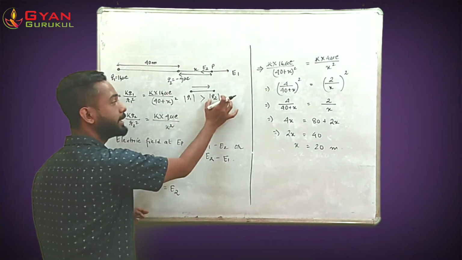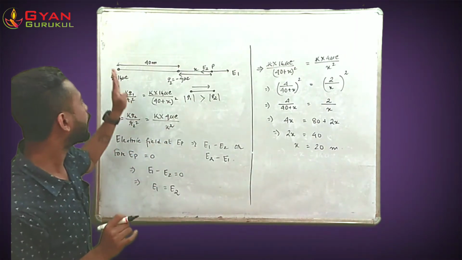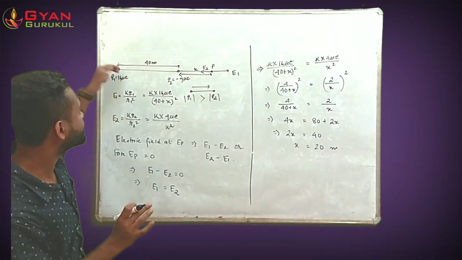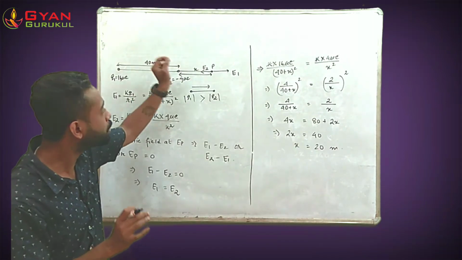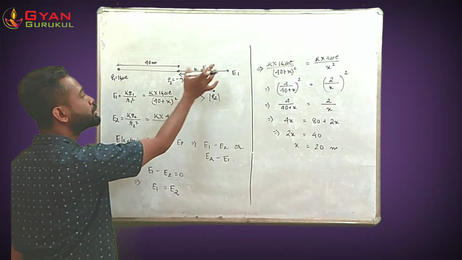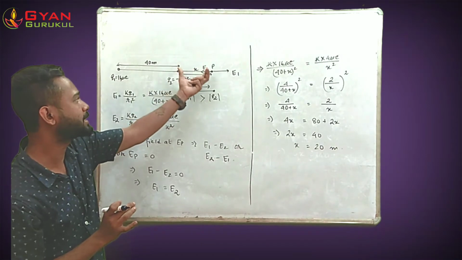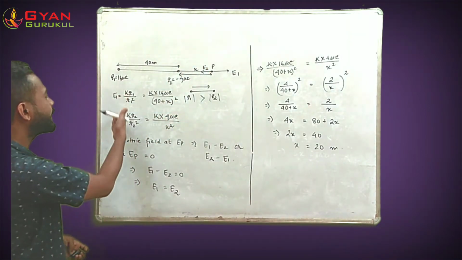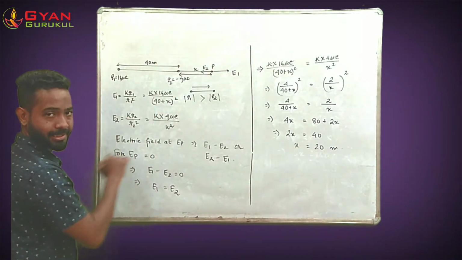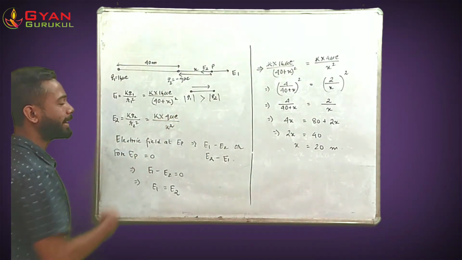Had this been a bigger charge, that would create a different scenario. So that is how you need to understand. Out of both the charges, you need to understand which one is the bigger charge, and accordingly, if it is a positive charge, its field direction will be in this way. So the point of neutrality would lie on the right hand side. Accordingly, I have considered a point P to be here, which is at a distance x from the smaller charge, Q2. Once I have considered that distance, I'll write down the expression for E1 and E2. As you can see here, E1 is k into 16 microcoulomb by (40 plus x) whole square. Just like that, E2 would be k into 4 microcoulomb by x square.